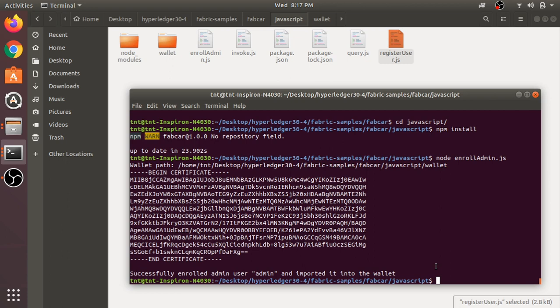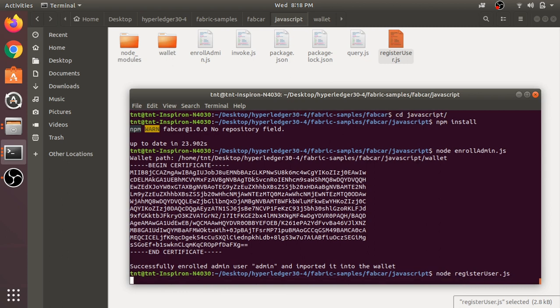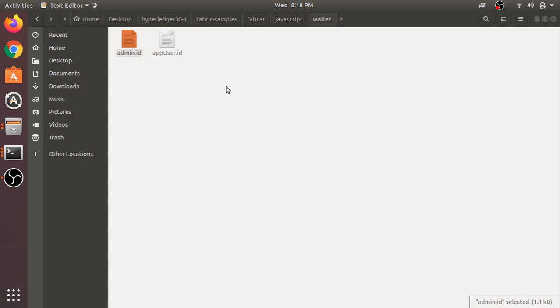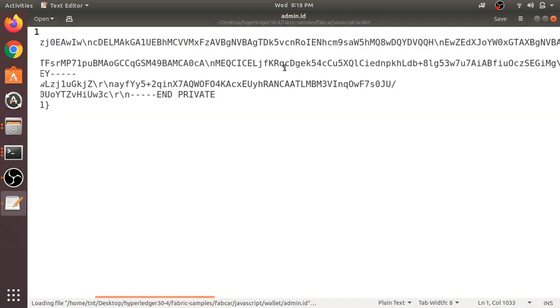And next we are going to create a particular user. You can create any number of users by running this registerUser.js. We just need to change the name for each execution. So node registerUser.js. First you can see it has already created the admin ID. Here you can see the certificate as well as the public key. Okay, the second command is also executed. Here you can see the private key.